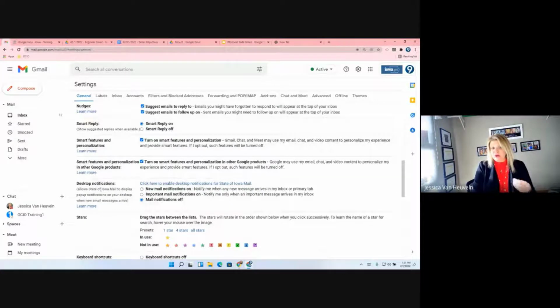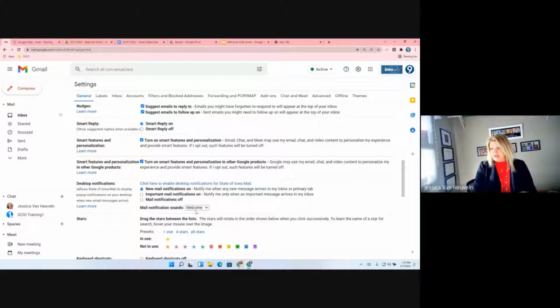But most of you probably already have desktop notifications on. And sometimes you get frustrated, like, why am I not getting them? It's because you have not left the app open. So now that we know that the app has to stay open, and I gave you a trick to do so by pinning the tab, then you notice you have some options here. New mail notifications on, or do you want important mail notifications on? I don't know how you fall into that category. It's up to you. So I'm going to go ahead and just select new,